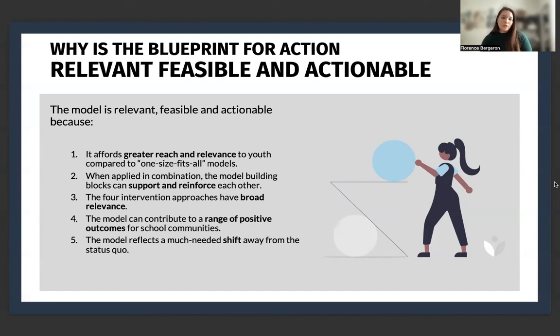Third, the 4 intervention approaches have broad relevance. Like I was saying, they are so flexible and so adaptable that they can be applied to other aspects than just substance use, to health in general in your school, and be relevant for more things. Fourth, this model can contribute to a range of positive outcomes for school communities.